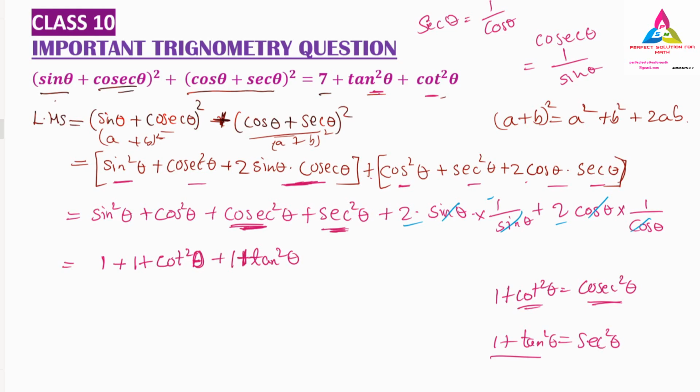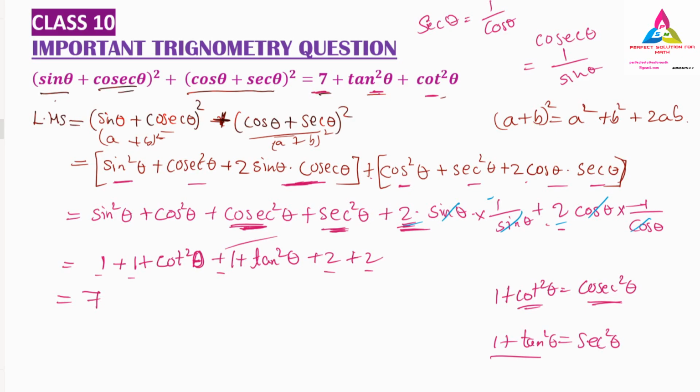So what is the next part? The next part is again not so tough, it is an easy part. Next we have 2 ones are 2, and again 2 into 1 is 2. So 2 we have here, 2 here. Next we have to simplify: 1 plus 1 is 2, 2 plus 1 is 3, 3 plus 2 is 5, 5 plus 2 is 7. So we got the first part, that is 7.